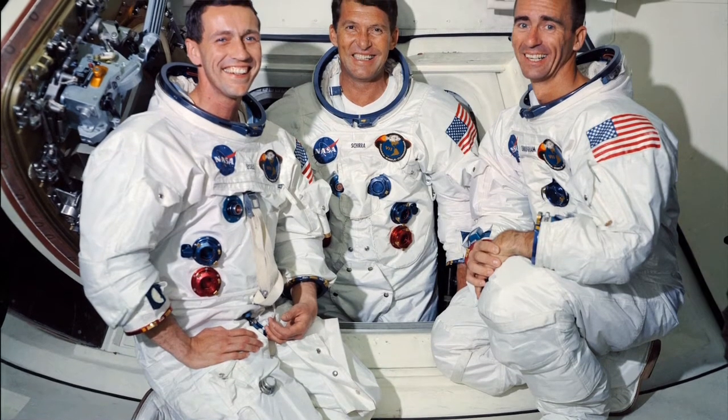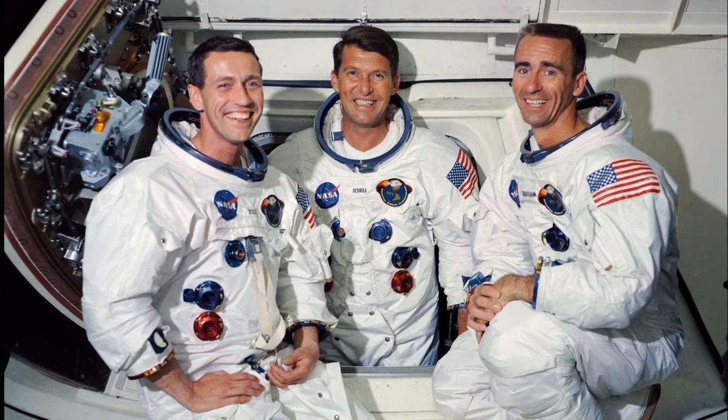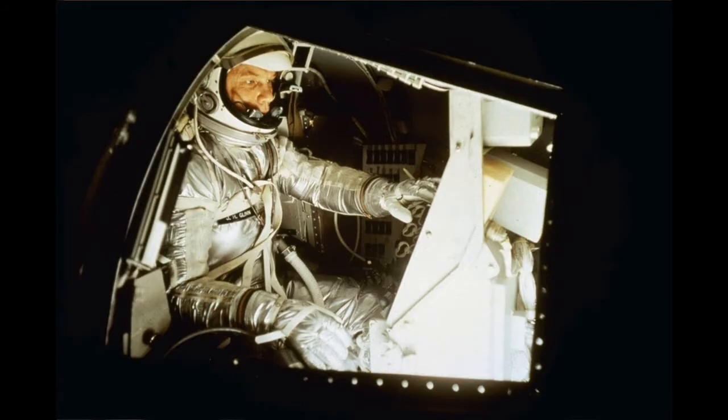Now, Apollo carried 3 astronauts, and we didn't just start off with launching 3 astronauts into space, but we did things in a progressive, stepwise fashion. So first, the space program sent 1 person into space. That was with the Mercury program, and that was over 1961 to 1963. And then next there was the Gemini program, and that launched 2 astronauts on a